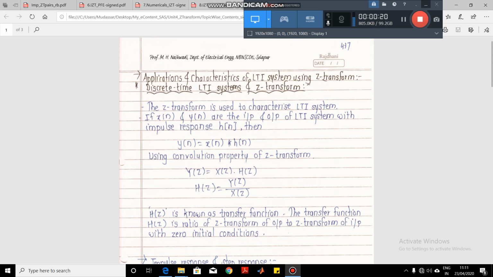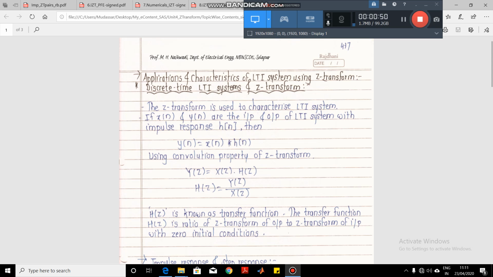To compute the inverse Z transform, we saw the partial fraction expansion method and the long division method, which is also called the power series expansion method. Now, how Z transform can be used for analysis of LTI systems, and the properties of LTI systems, which are mainly causality and stability, and how Z transform helps us to investigate these properties, we will be discussing in this lecture in short.